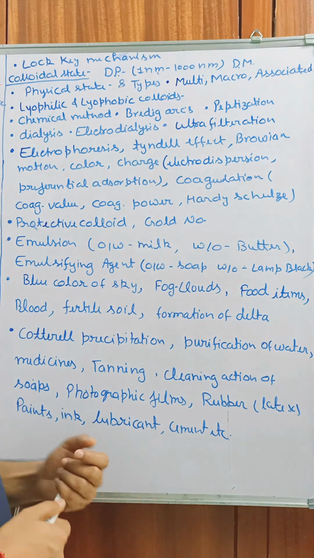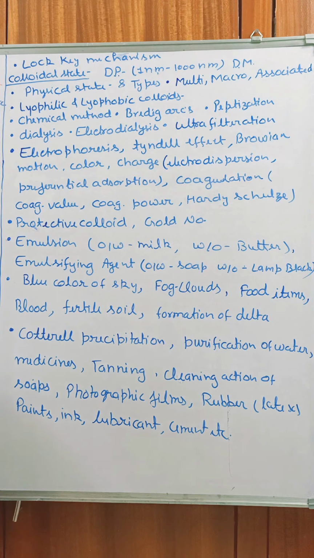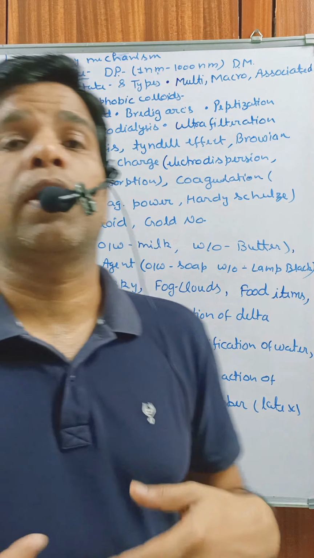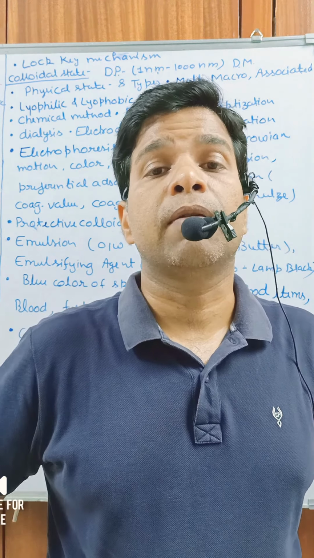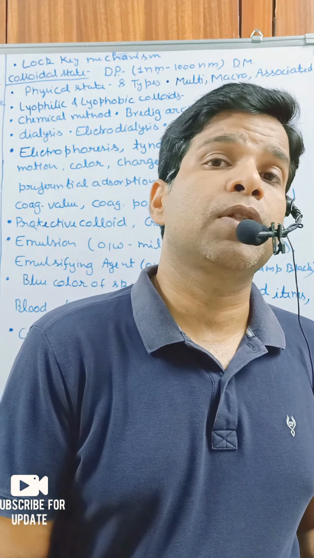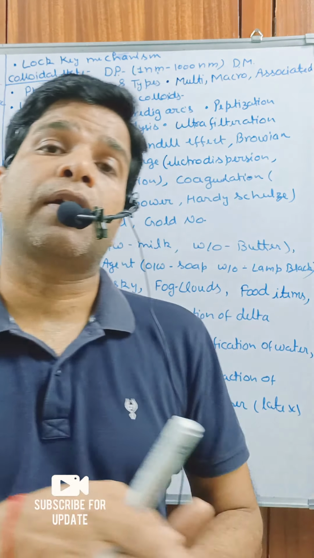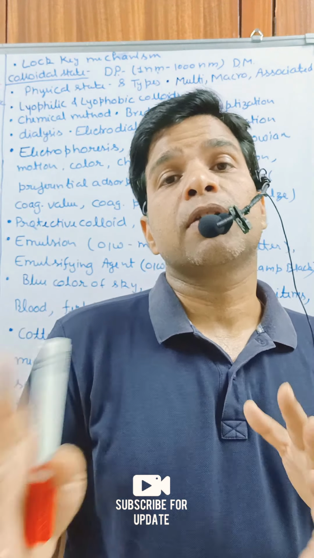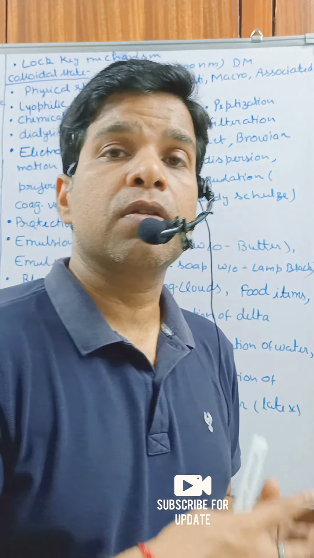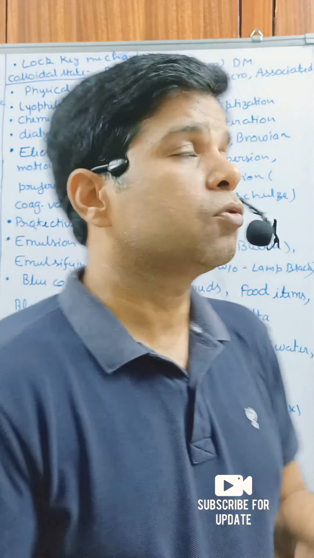Okay, so now we have electrophoresis. If in the solution of the colloidal we add a positive electrode and a negative electrode, and our colloidal system is negatively charged, the particles are attracted toward the positive plate and deposit at the positive plate. That is called electrophoresis. By electrophoresis, we can prove that colloidal particles are always charged in nature.